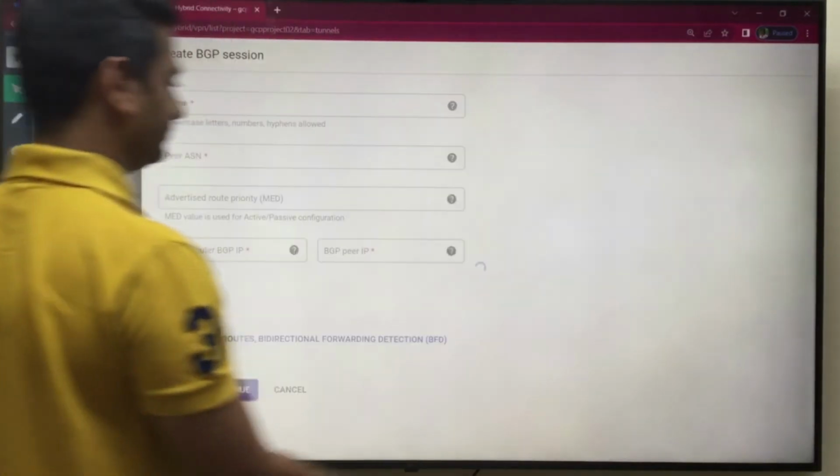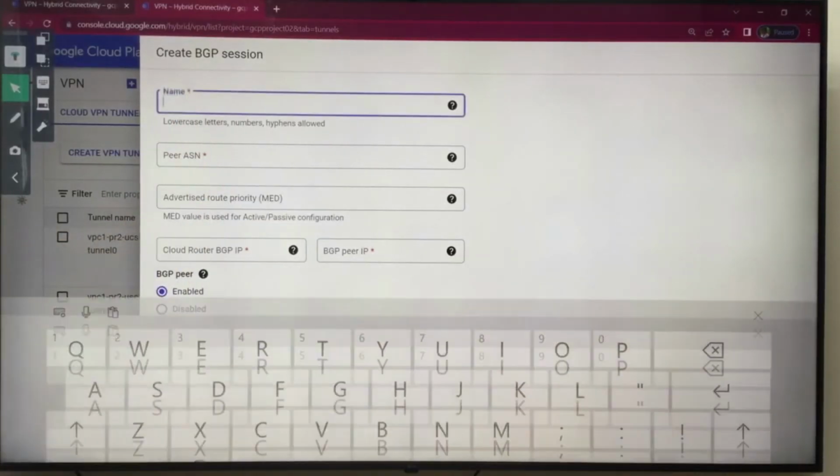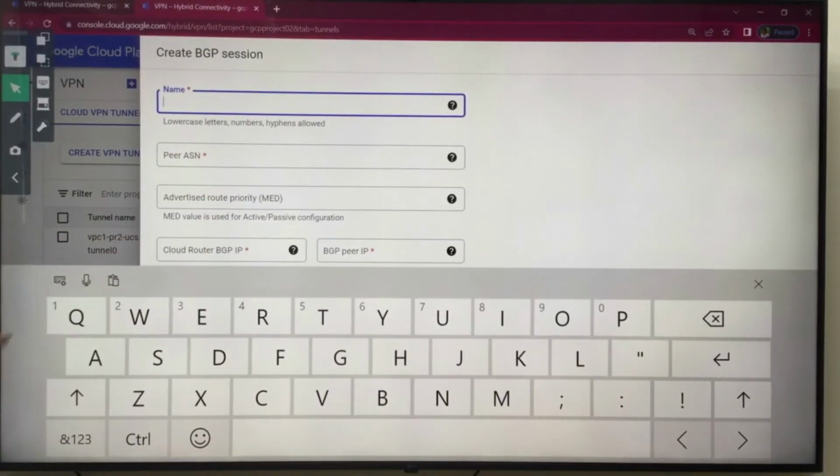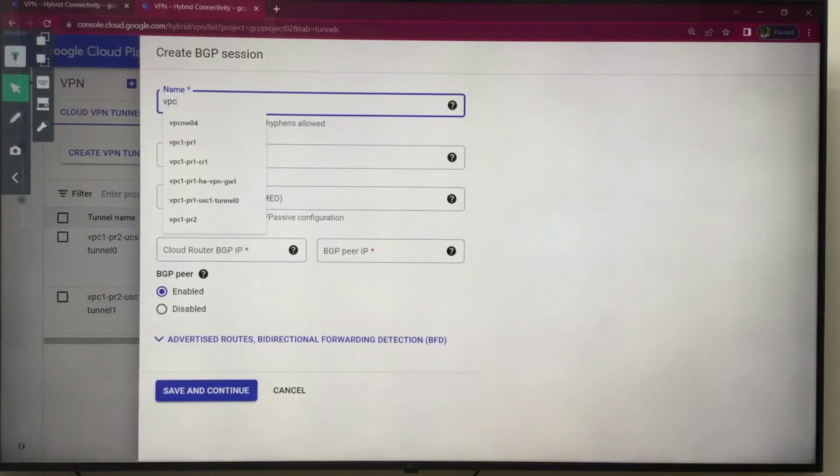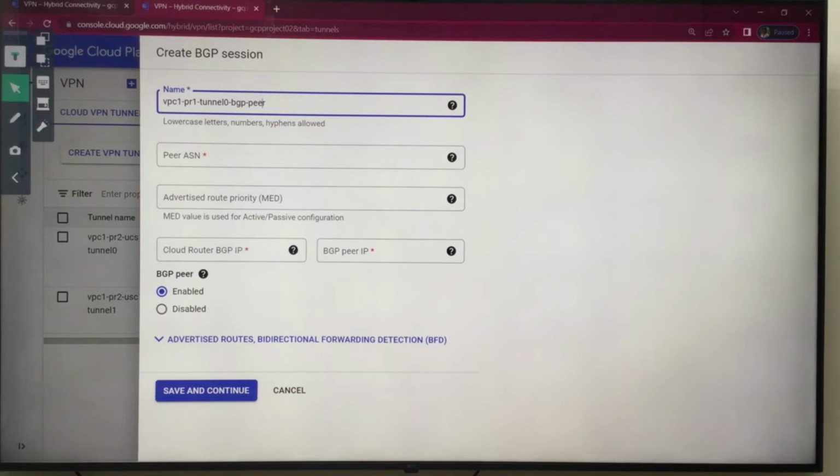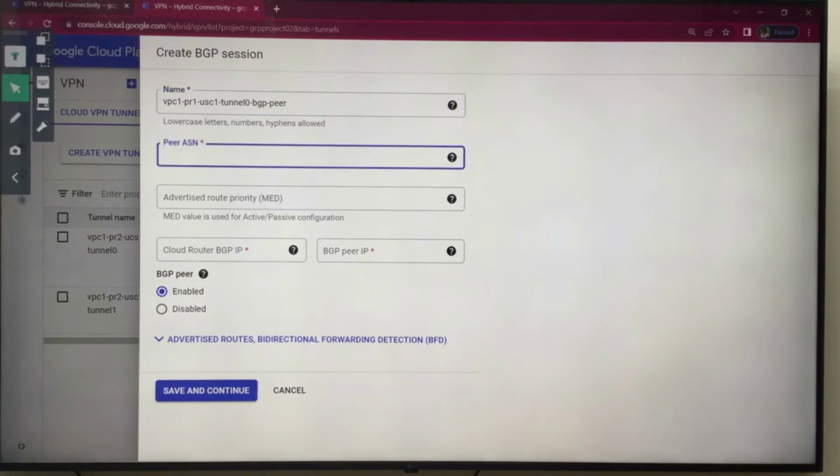Click on BGP session. Once you click on BGP session, name is VPC1 PR1, my bad, VPC1 PR2 tunnel 0 BGP peer. Just name it US Central 1. It's just a name, guys, nothing related. Now peer AS. Currently you are in project 2.